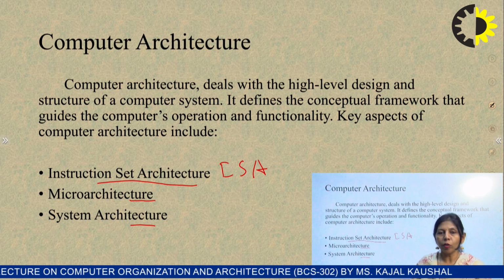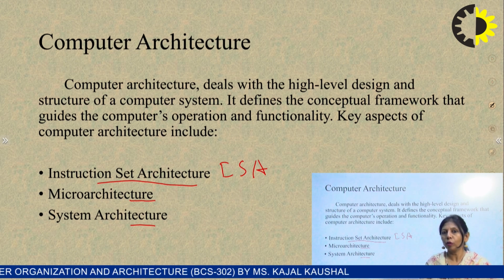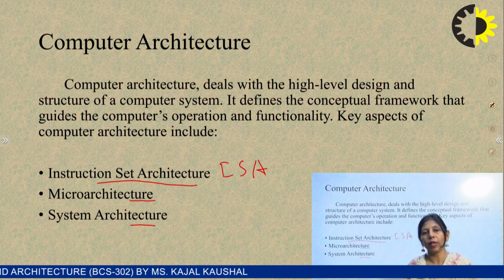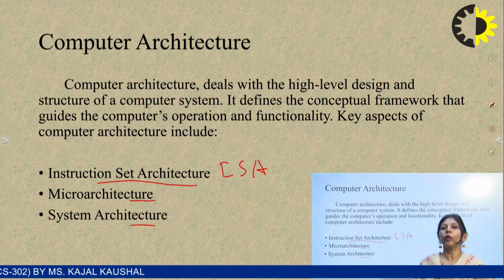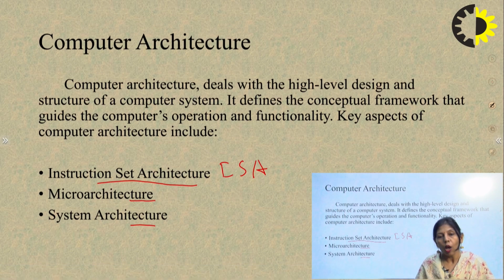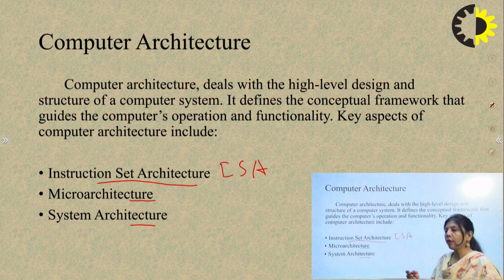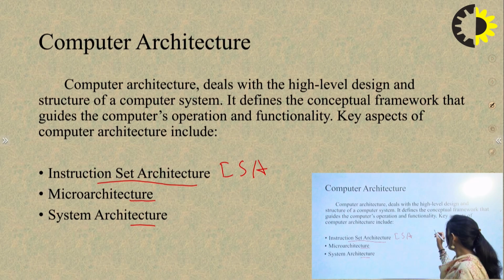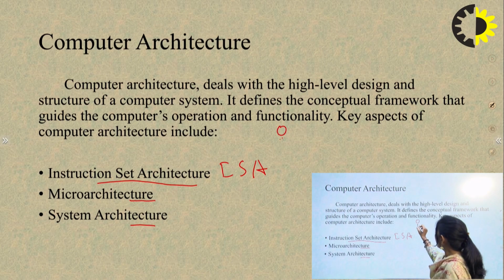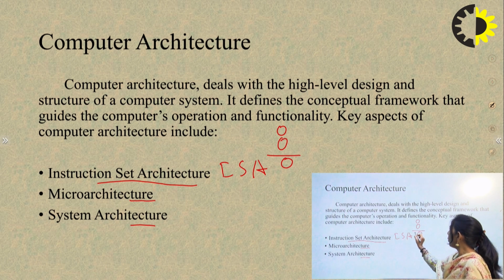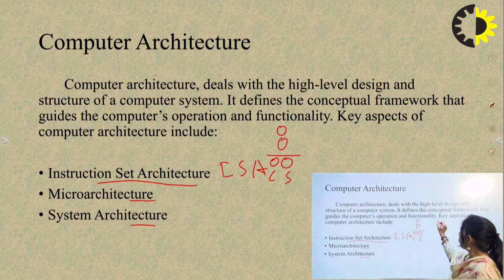In a gist, we can say computer architecture decides what to do. It decides the designing part and the functional requirements, and the computer organization answers how to do it, what are the values, what are the inputs that have to be considered. For example, if we are adding two digits and we are talking about the half adder, then if it is 0 and 0, our sum will be 0 and our carry will be 0. If it is 1 and 1, then our sum will be 0 and our carry will be 1.